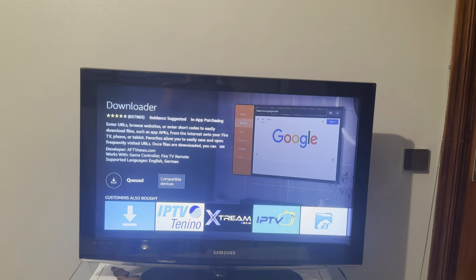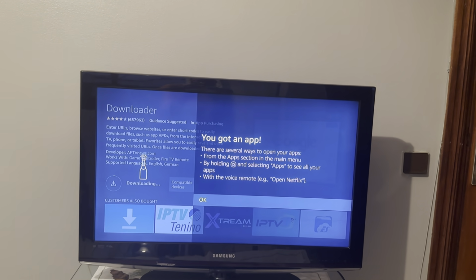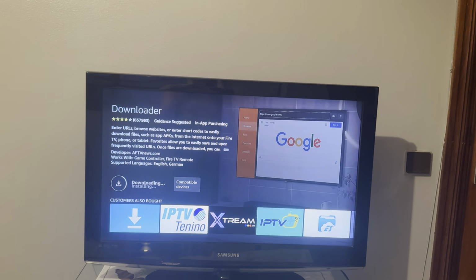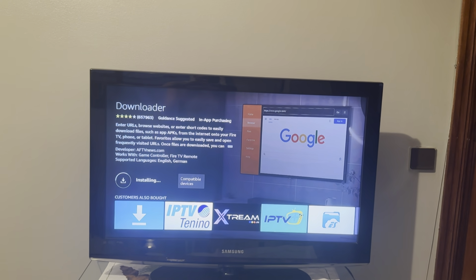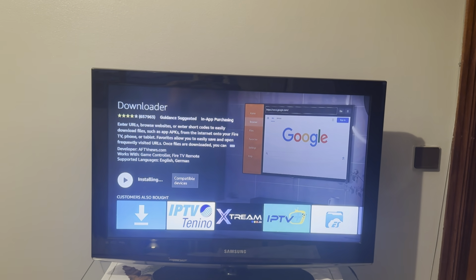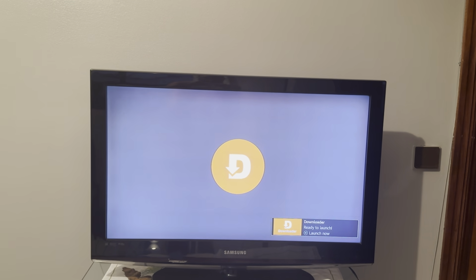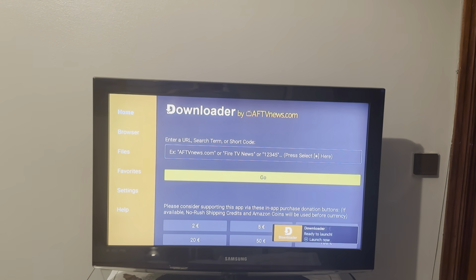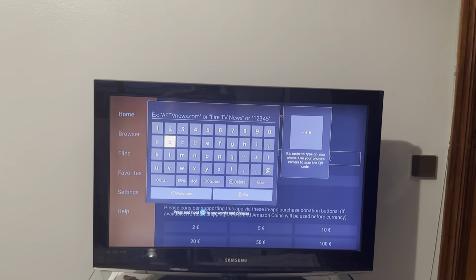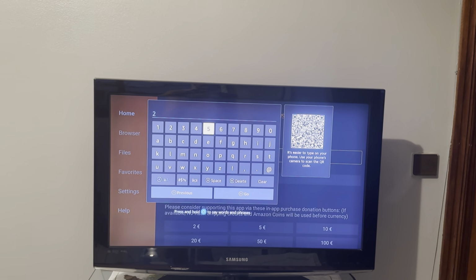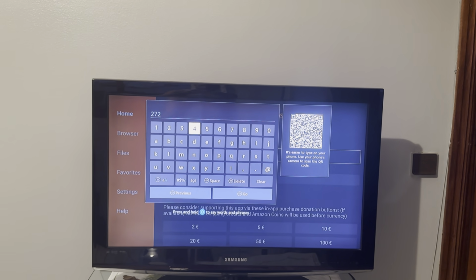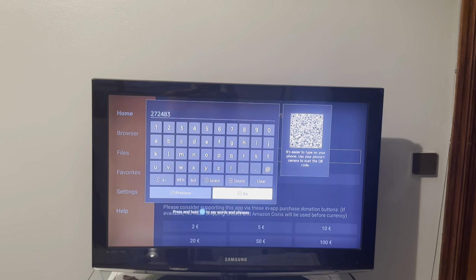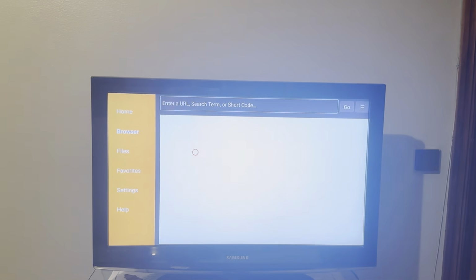click on download, wait for the app to get installed. Now click on OK, and once the app is installed, click on open. So I will click on open, click on allow, then click on OK, and here you will need to type this code 272483. So just type this code, then click on go,